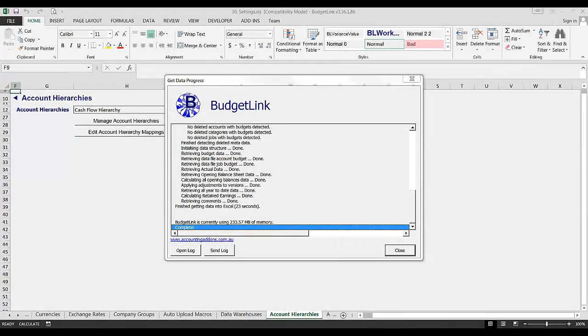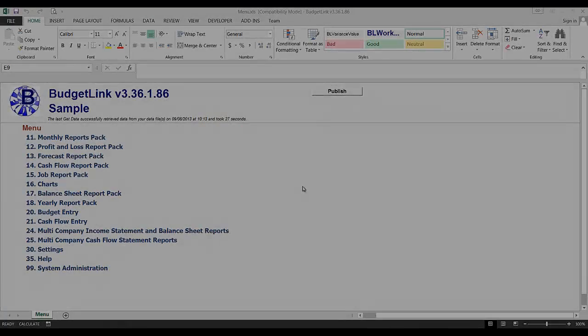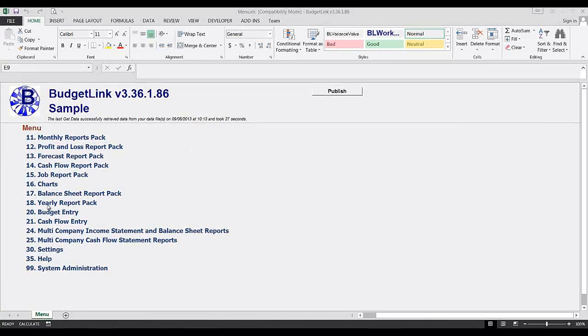The Get Data process has finished, and in theory we're good to run the report. Now on new installations of BudgetLink, that report is not included in the default menu, and I'll show you right now how to include that report so that it shows up in the menu. I've skipped ahead and gone back to the main menu. Now from the main menu, there's a 35 help workbook, and if you open that up, you'll see a links